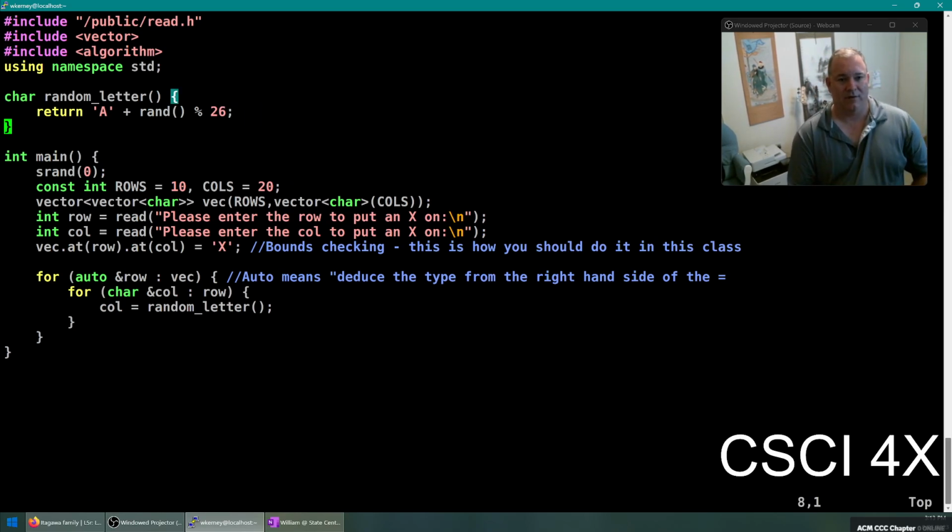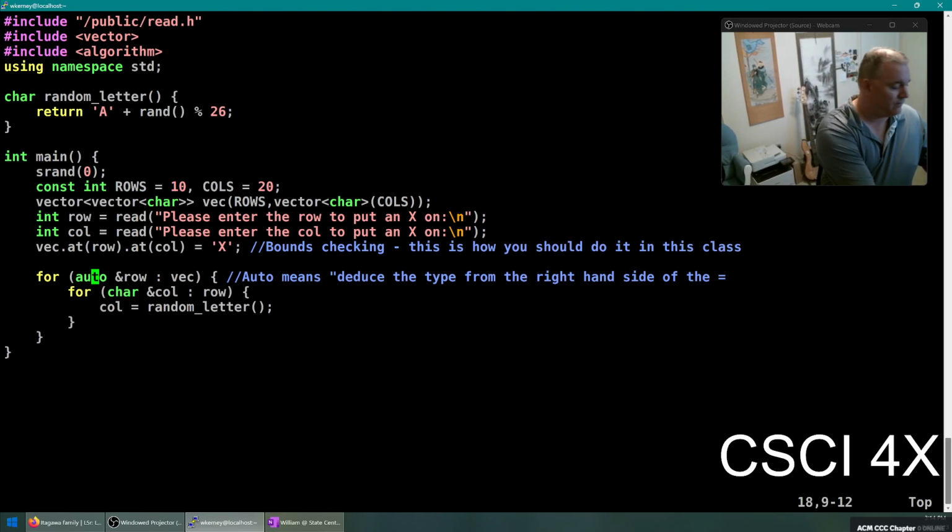Okay. So this is a function. Every time you call the function, you're going to get a random letter out. And it's going to be fixed. We have a seed of 0. So we are going to have the same random word search puzzle every time. If we wanted to, we could ask the user, what seed do you want? And generate a different word search every time we played the game. So here we're going to set that and